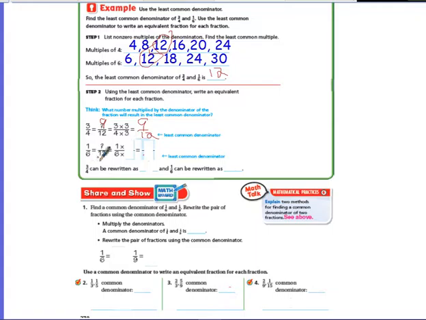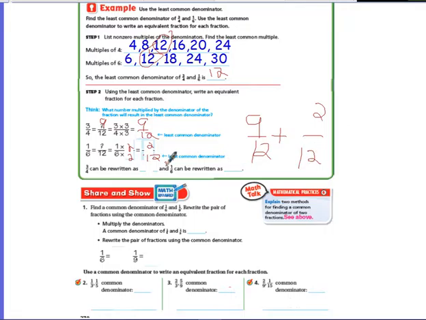So my new one is 9 twelfths. And 6 times 2 got me to 12. So if I take them both times 2, I will have 2 twelfths. So now if I add 9 twelfths plus 2 twelfths,